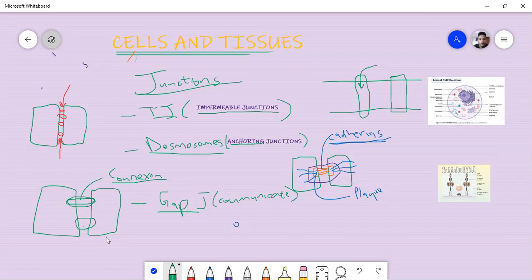And your gap junctions are your transmembrane proteins. You can also say transmembrane proteins. You can say communicating junctions. So you have to know. So far,